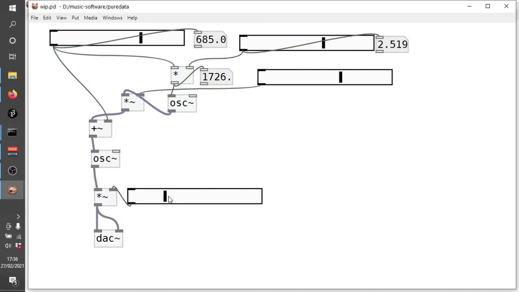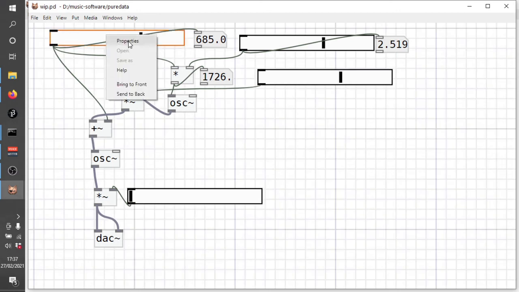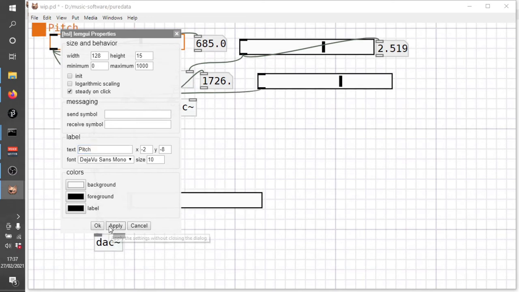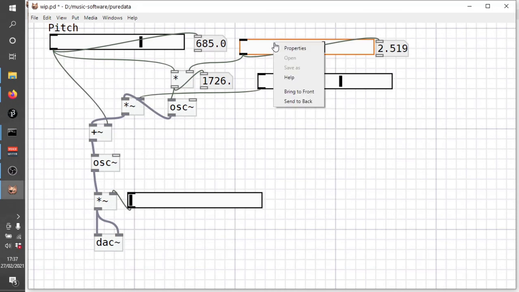So, welcome back. That's our current state of our FM synthesis. It's a simple FM synthesis, but it's giving us a range of values, and we're going to now do two things. Firstly, a little bit of housekeeping. We will give these some labels. So we'll call this the pitch. We will call this